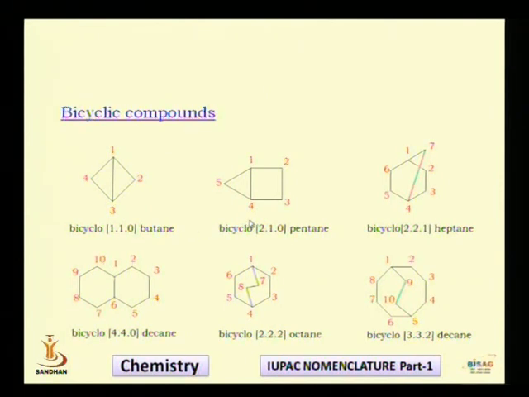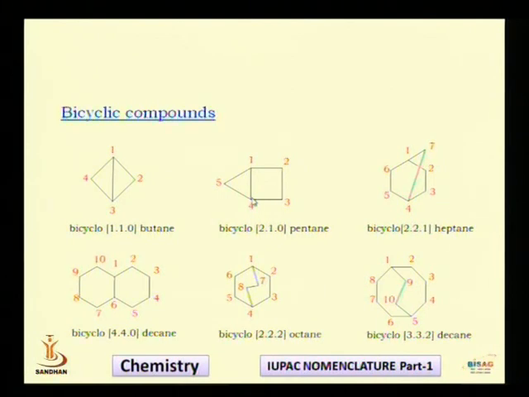Similarly, let us go for this compound. This is also a bicyclic compound that you can check. Break this bond over here and one bond from this cycle, and the compound will become open. So again this is a bicyclic system, and after you do the numbering like this, 1, 2, 3, 4, 5, this is your main cycle, and this is your bridge. Number 1 and 4, that is your bridge.